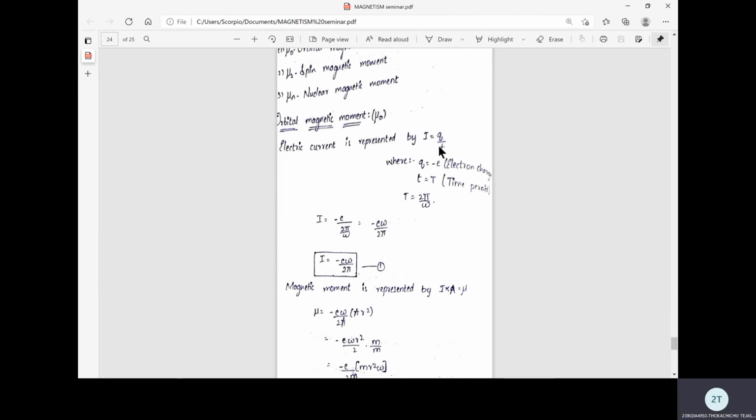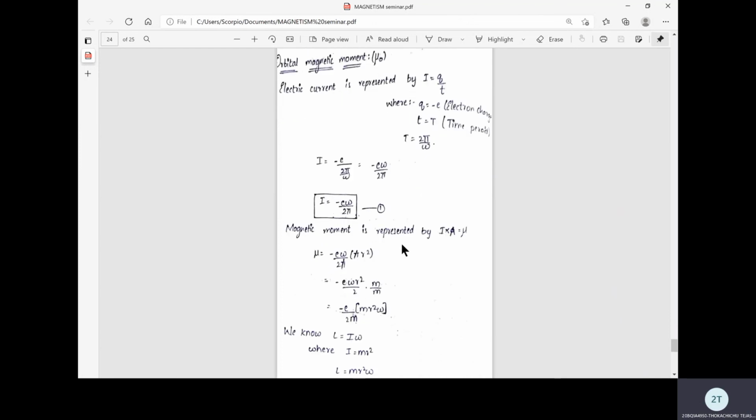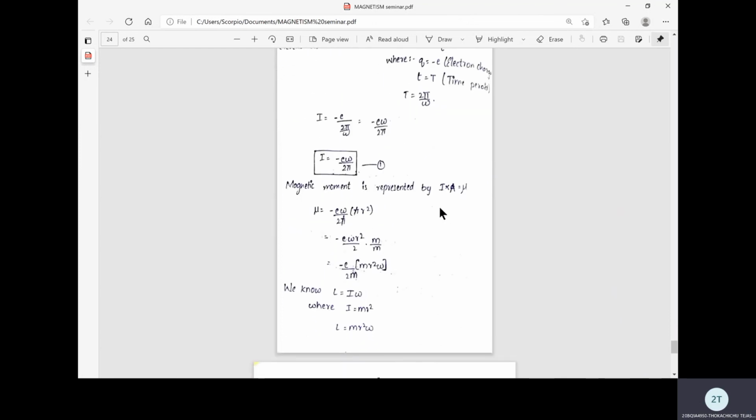In general, we know that I, the electric current, is nothing but the rate of change of charge, equal to q by t, where q equals minus e, the electronic charge, and t equals time. If we write the term in terms of angular velocity and angular displacement, t equals 2 pi by omega, and substituting this value in I, we get I equals minus e omega by 2 pi. Taking this as equation 1 and keeping it aside,